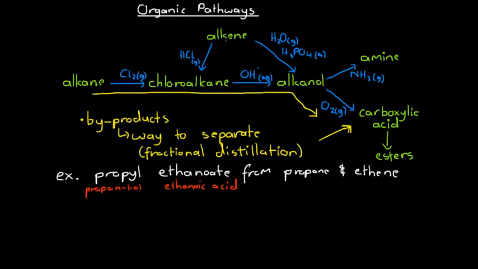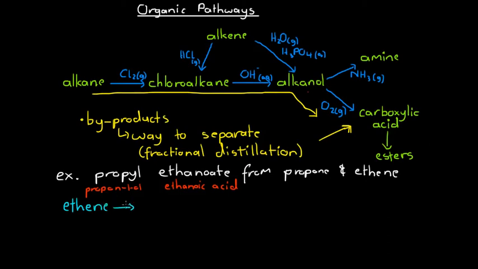We could produce ethanoic acid two different ways from ethene. We could turn ethene into chloroethene and then into ethanol and then into ethanoic acid, or we could go straight from ethene to ethanol and then ethanoic acid. So that's the way that we'll do it. So we start off with ethene here,